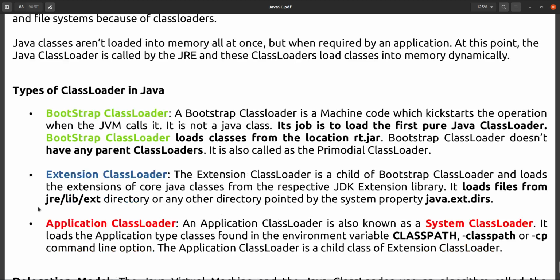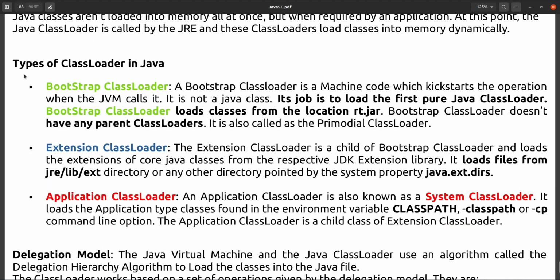Now how many class loaders are available? Three class loaders are available. One is the bootstrap class loader, another is the extension class loader, and the last one is the application class loader. So what is the bootstrap class loader? The bootstrap class loader is machine code which kickstarts the operation when the JVM calls.